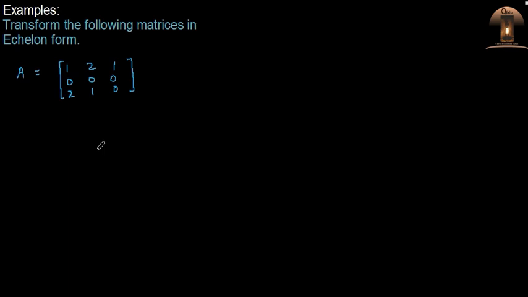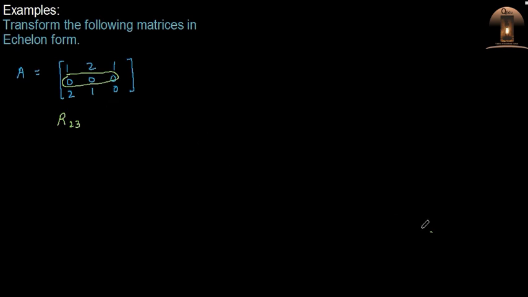So the very first thing to transform this matrix into echelon form is the first condition: whether there is any zero row. Here we have a zero row which contains all elements 0. First we shall interchange this row with the third row, because it should be below the non-zero rows. So we shall use the elementary row operation, that is, interchanging row 2 and 3. When you interchange these two rows by applying this elementary row operation, you will have a matrix,